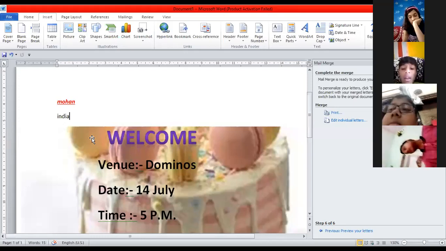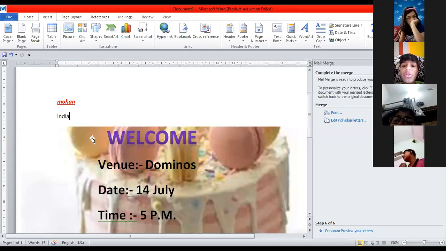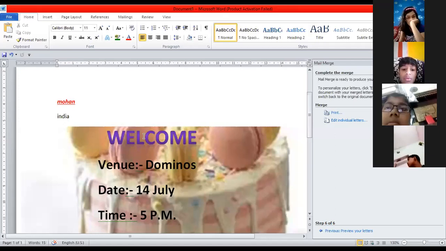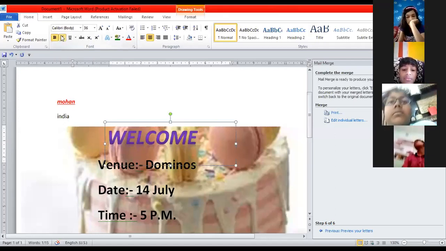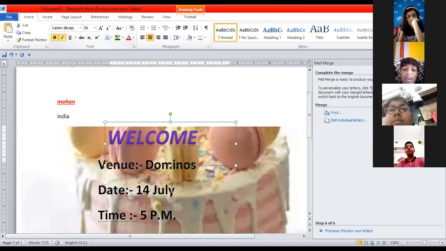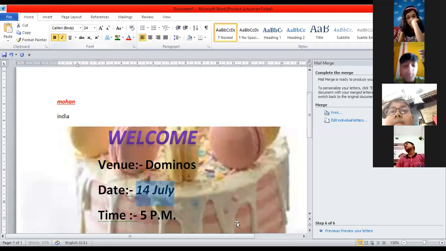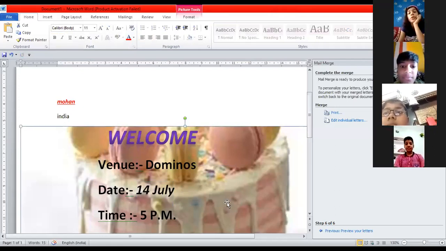Miss, if this text you have written, can we do it italic also? Why not, beta? What I am saying again and again. Here, just select this and make it italic. Done. Yes, Miss, I want this July to be in italic. Already I have done it. Okay. Why not? Whatever you have studied, everything you can do.